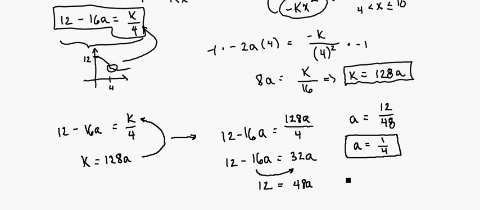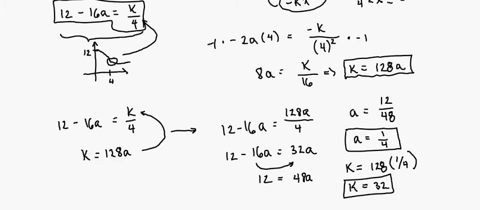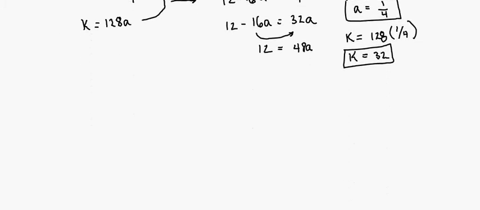We also want to get the value of k, but that's pretty easy because, as we know from the box above, k is 128 times a. So 128 times 1/4 gives us a k value of 32. So what we now have figured out is that our piecewise function, if we substitute in the values of a and k, that f of x